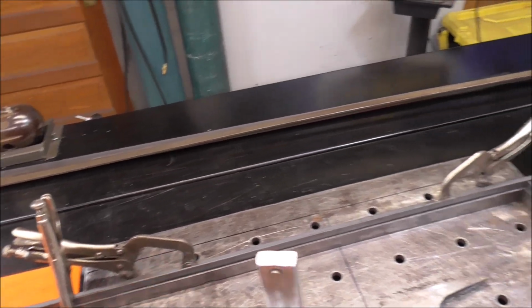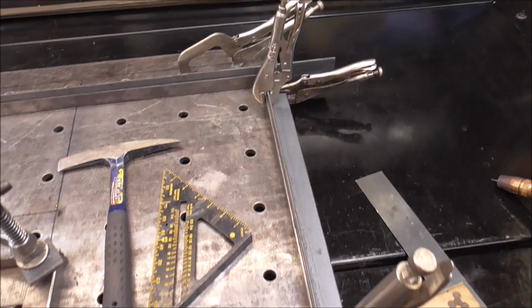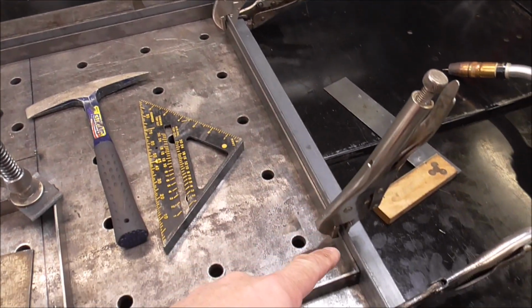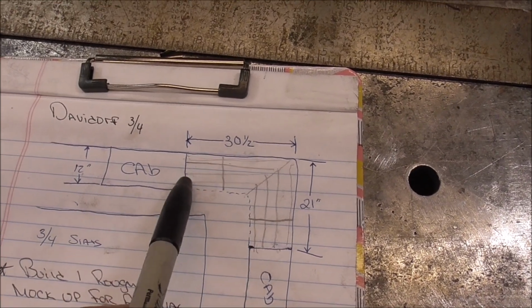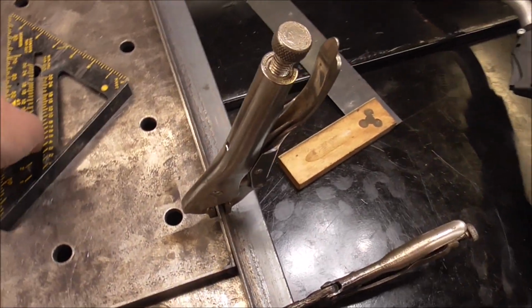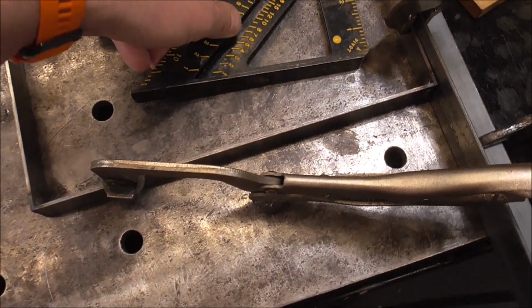So I know that that piece of angle on the back is parallel. Then I just clamped one to the edge of my table, just using regular vice grips. So now I know that I have a 90 degree here. And then I clamped my long edge, which is going to go against the wall, and then this edge here. So I clamped this flat bar right to that. So now I have a 90 degree that can't move. So now I need to make sure that this section right here between these two cabinets doesn't get all wonky. So now that I got this pinned and this pinned, then I just take a basic framing square and put it in the corner and make sure that that's at a 90, and I clamp it